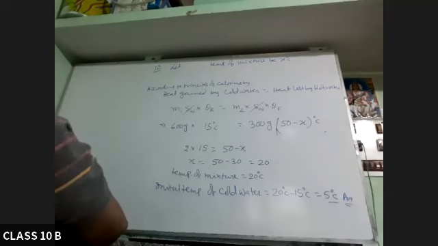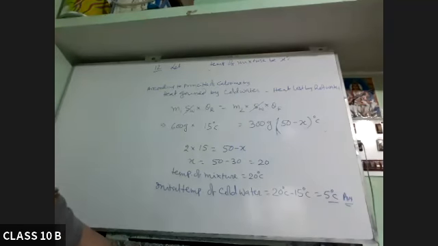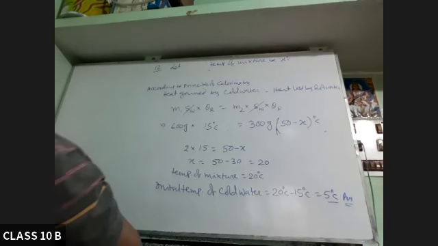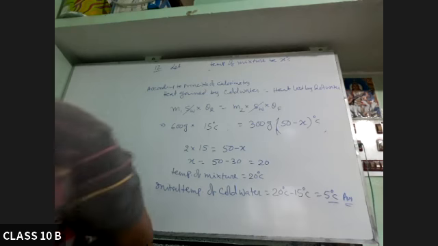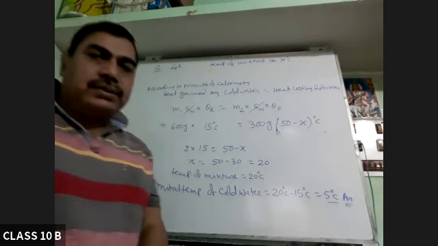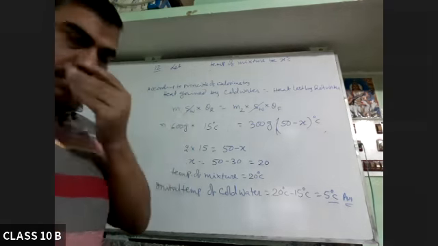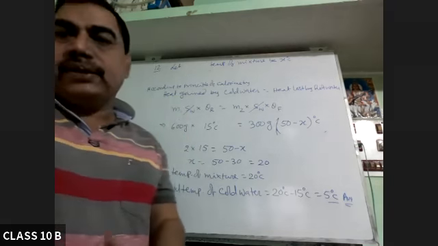Question number 8 is: 0.5 kg of lemon squash at 30°C is placed in a refrigerator, which can remove heat at an average rate of 30 joule per second. How long will it take to cool the lemon squash to 5°C? The specification is this much, so it will be the same as number 6. So here the rate of heat rejection means power. So per second how much heat is absorbed?